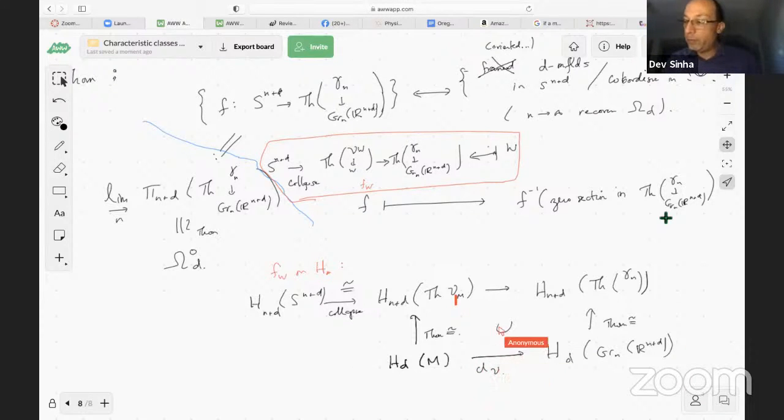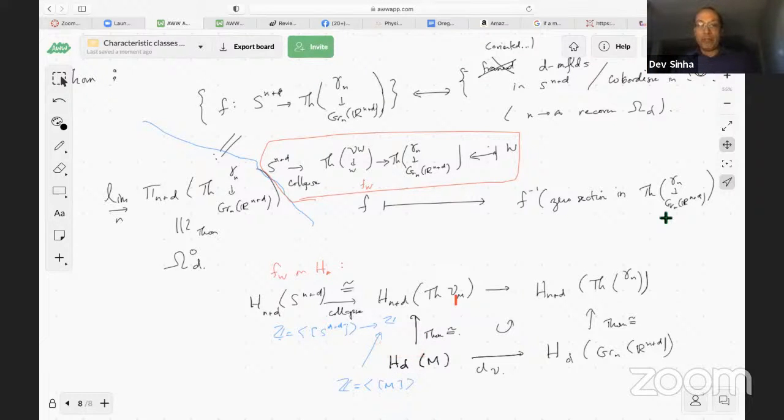I claim that this commutes, and so we see that the image of F on homology is encoding the image of the fundamental class of M. So the fundamental class of M goes to the... these are all Z, by the way. So this is Z generated by the fundamental class of S^{n+d}. Here's Z generated by the fundamental class of M. This is also Z, and these are all compatible.